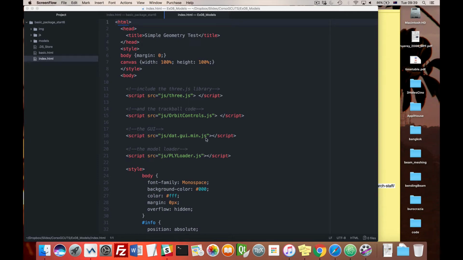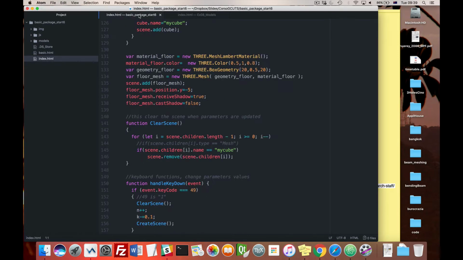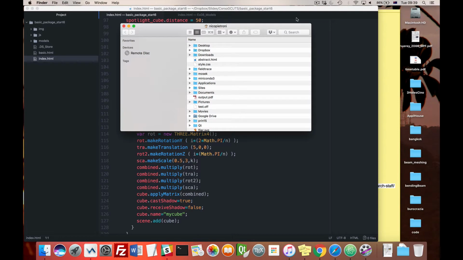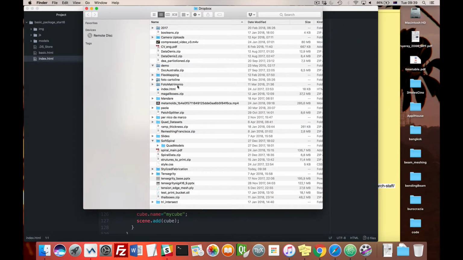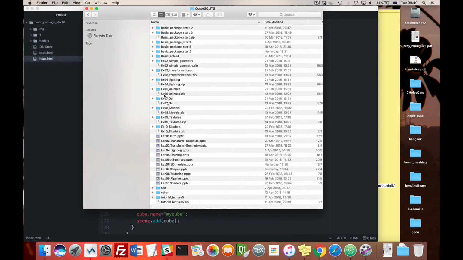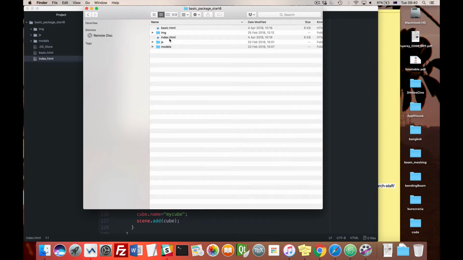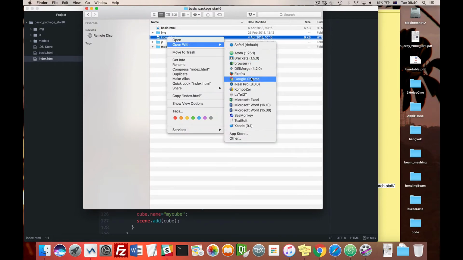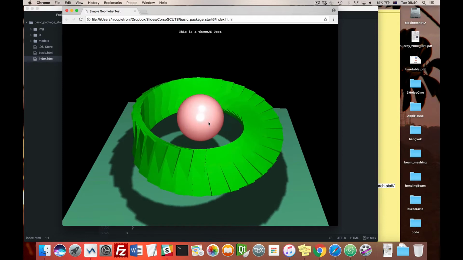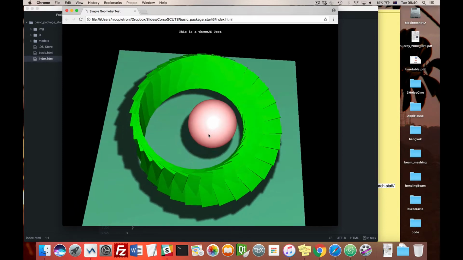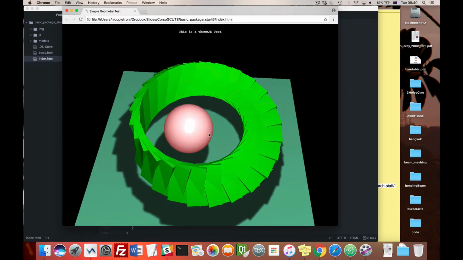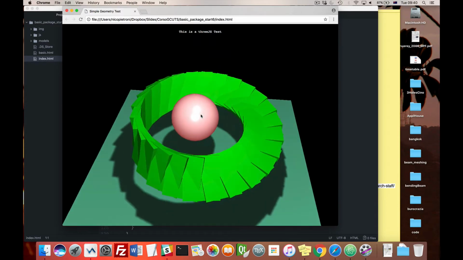Okay, hello everybody. Here we have the last application we have developed with ThreeJS. Let's see the status. So if you go again on the folder of your project and open it with the browser, for example Chrome, that's what we have. Remember we set keyboard controls to change the resolution of this Moebius strip. So now we are trying to add models to the scene. Let's see how we can add some model